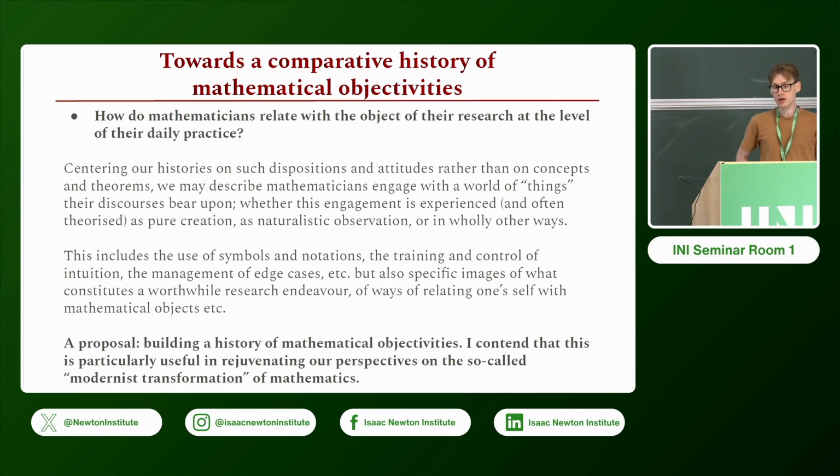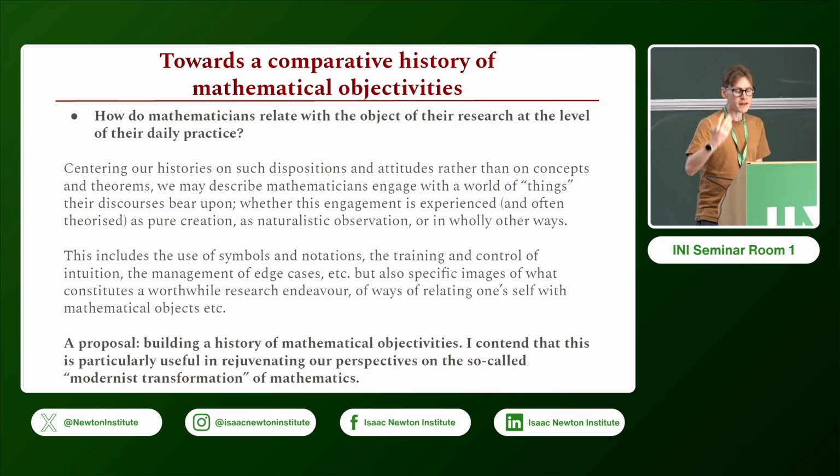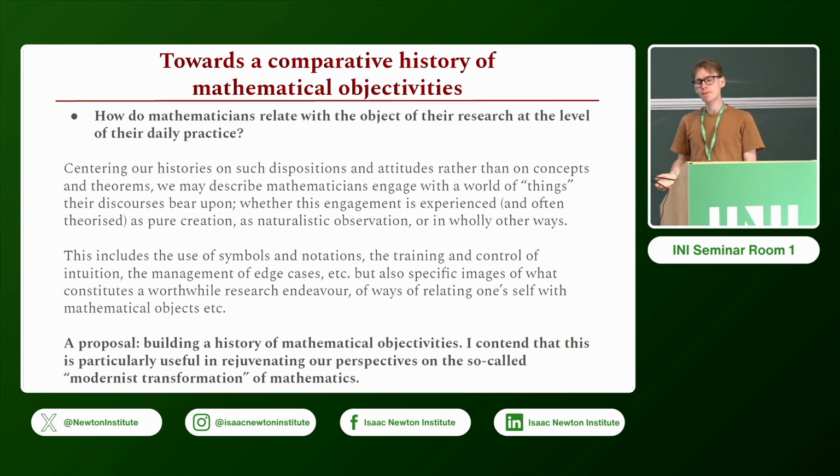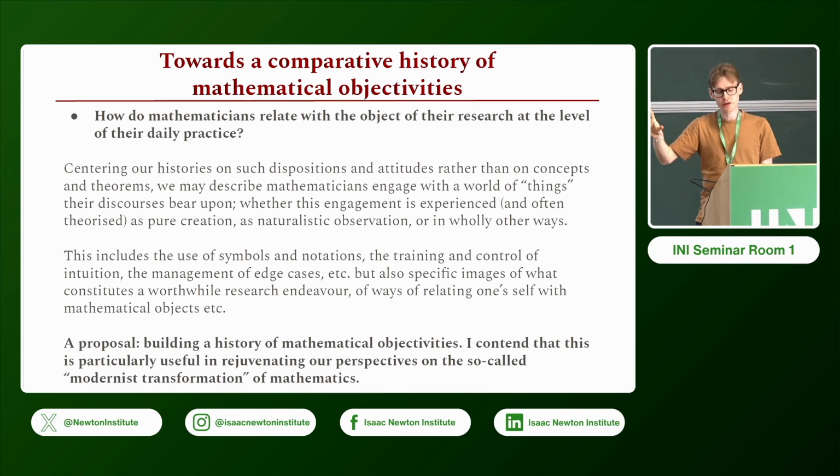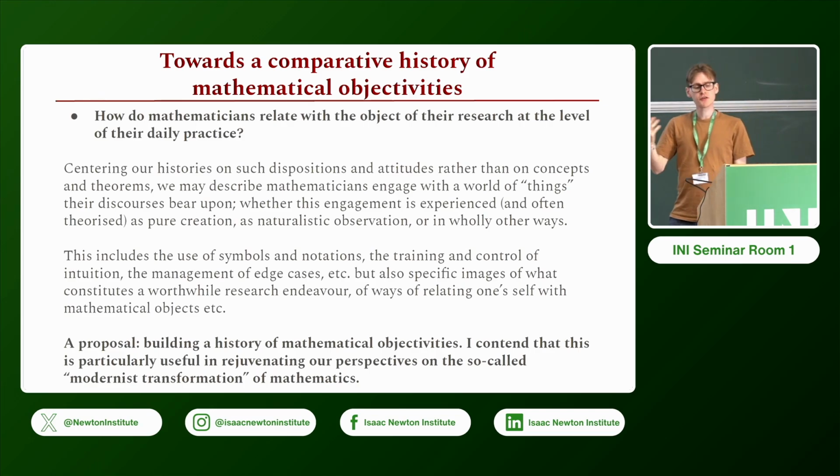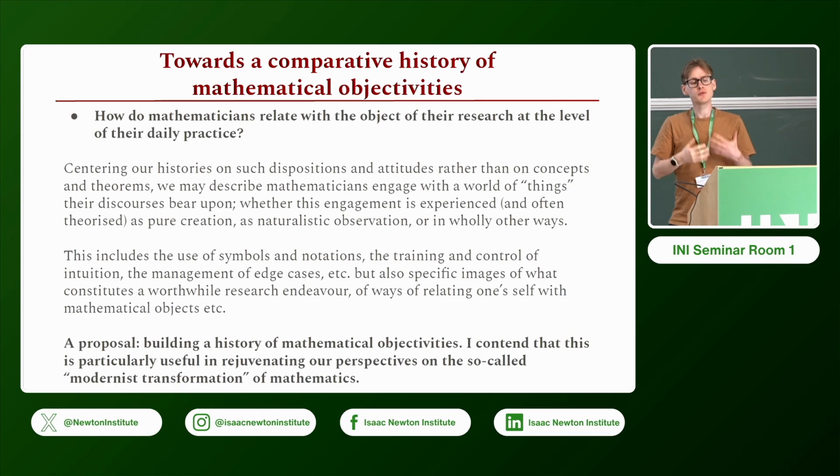And the second related question that this inspires me is the question of how mathematicians relate with the object of their research at the level of their daily practice. We'll be saying very little about how mathematicians reflect about objects or objectivity, especially, so I'm focusing on the period, the second half of the 19th century, that is rife with mathematicians' reflections on what mathematical objects are, whether there is such a thing as objectivity in mathematics, and so on. But I will leave that aside almost entirely, and instead try to describe, just like Catherine Goldstein does, the concrete practices through which mathematicians relate with objects of scientific inquiry.